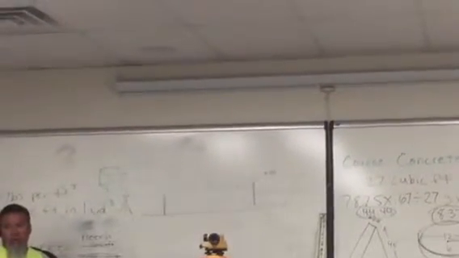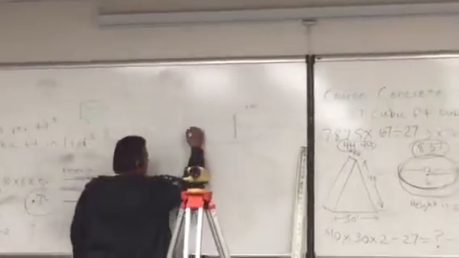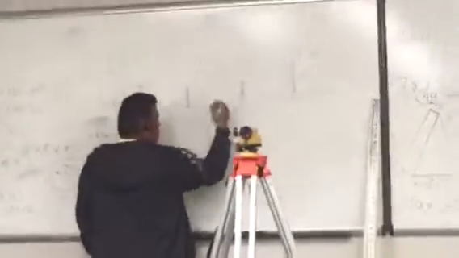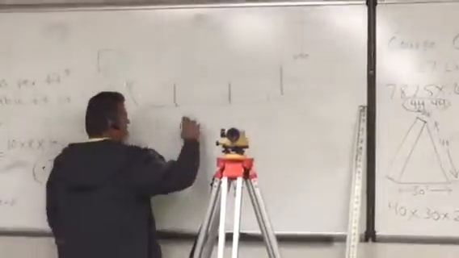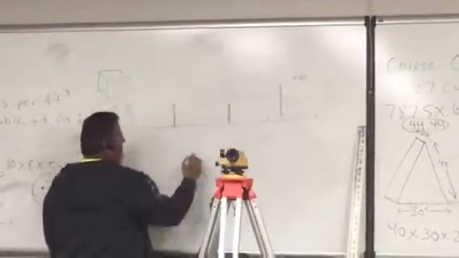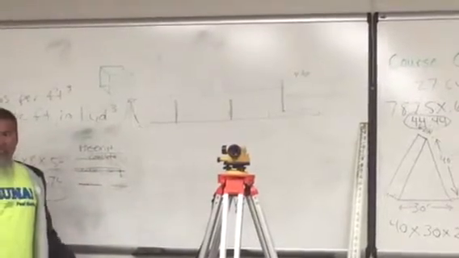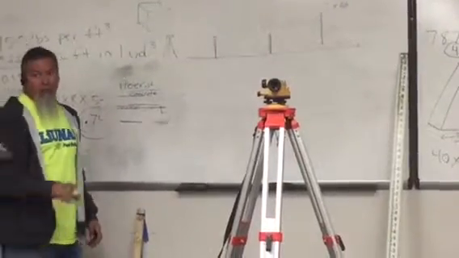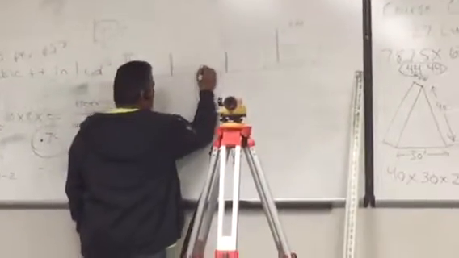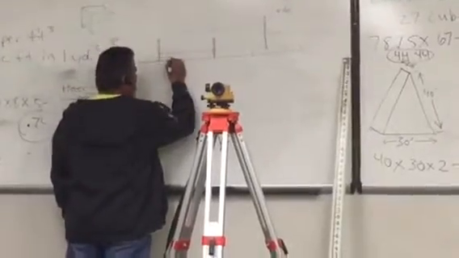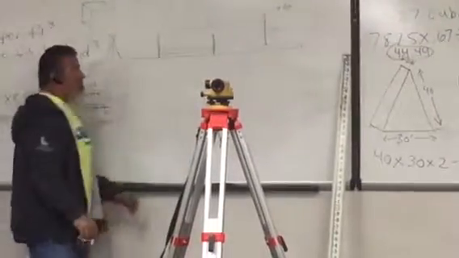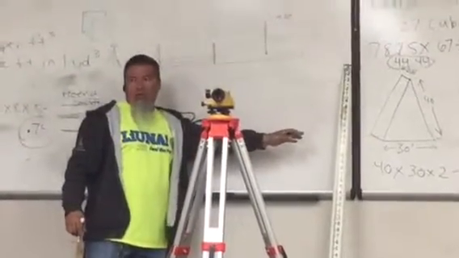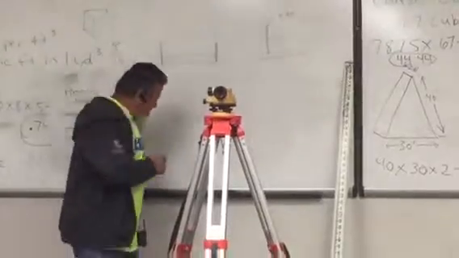Okay? Then what I do, I go ahead and put my next stake in, right? And you can use the same thing. You want a level slab, you shoot at 4.20. Now I've established exactly the height that I'm going to pour this slab at. And all I got to do is I run my string line, I set my form under my string line, and now my slab is gonna be the same height as what this one is. So that's where this comes into play, okay? So just for the heck of it,